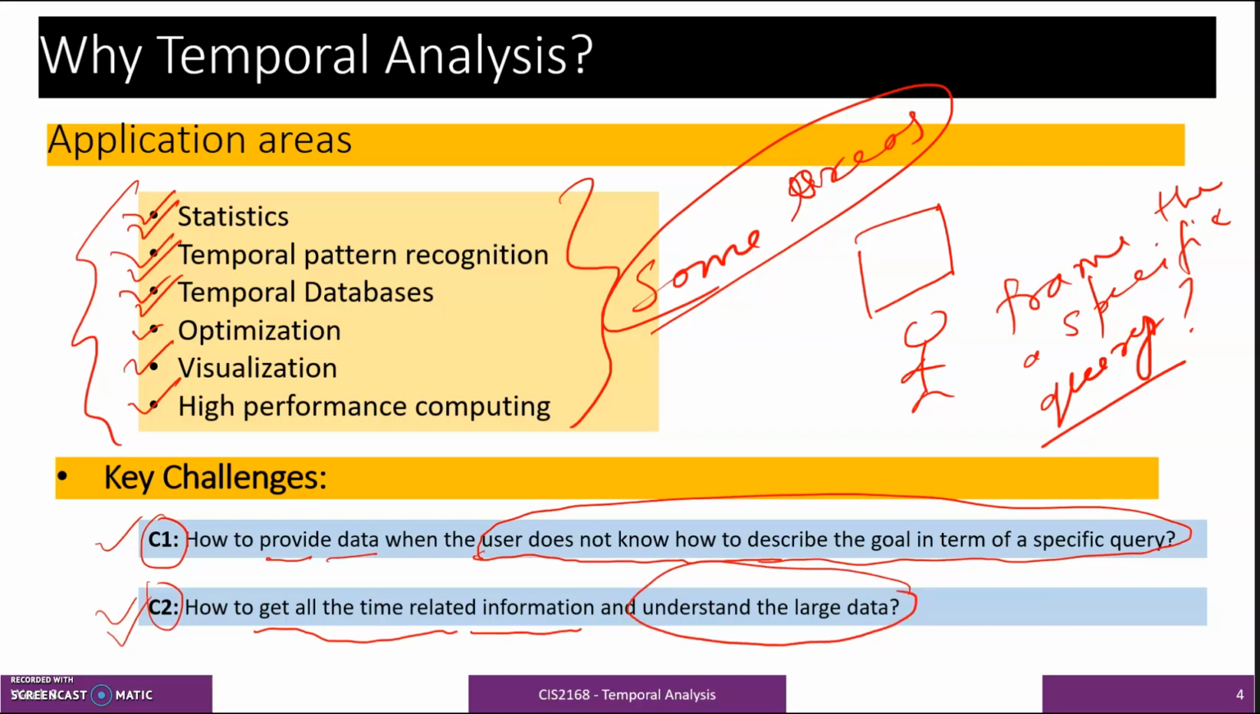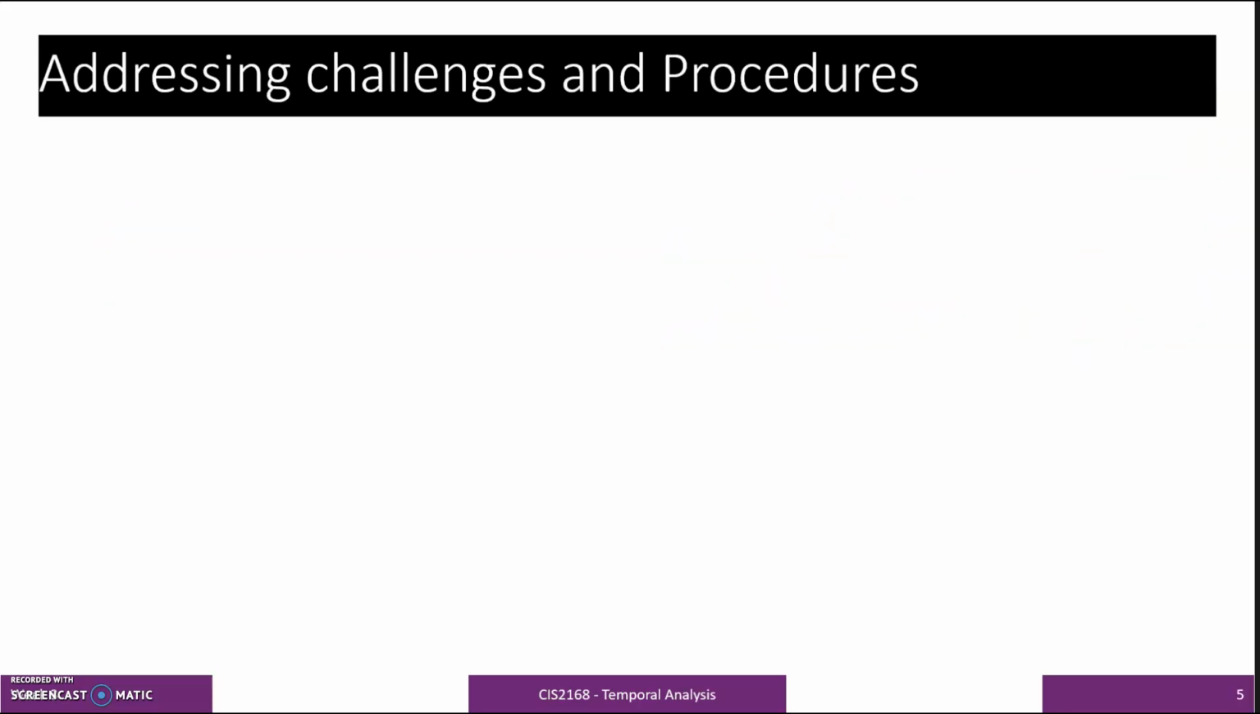large data. So if you have small data, then maybe you can figure out some ways to find the relevant information for any specific query. But if you are dealing with a large volume of data, then it will be difficult to get all time related information for the large data. So in order to address these two challenges, C1 and C2, I have given the addressing mechanism